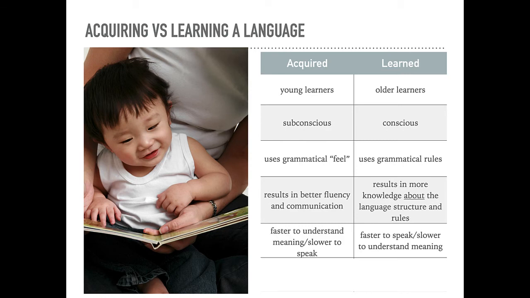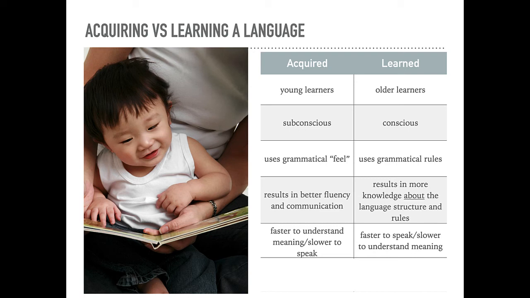Next, in acquired language, your child is faster to understand meaning because your child isn't trying to tie new vocabulary to vocabulary they already know. They're just soaking up the new terms. The benefit of this is that your child can understand what's being said very quickly. The drawback is that it comes at the cost of speech. So speaking the language comes later in language acquisition than it does with language learning. In language learning, we learn to speak as we learn to understand. As a result, we can correlate our ability to speak the language with our knowledge of that language, which you can't do in language acquisition.